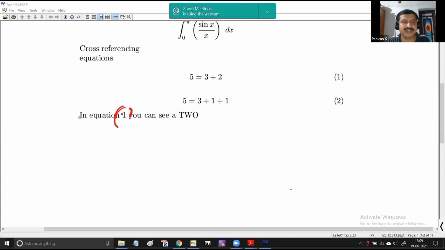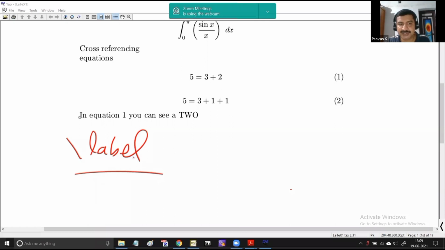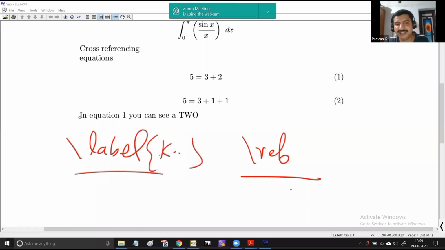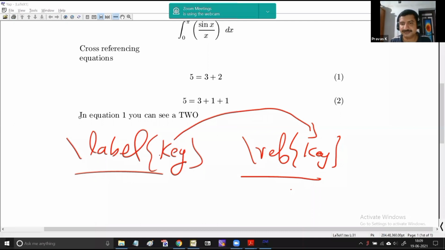See, automatically you can see a 1, right? You can see a 1 here. That is, you can make a reference of an equation just using a slash label, that is give a label to an equation, and then using a slash ref. In a curly bracket, you give any name, so any key that I want to mention, and after some time,